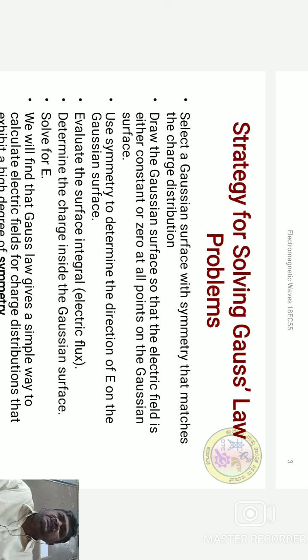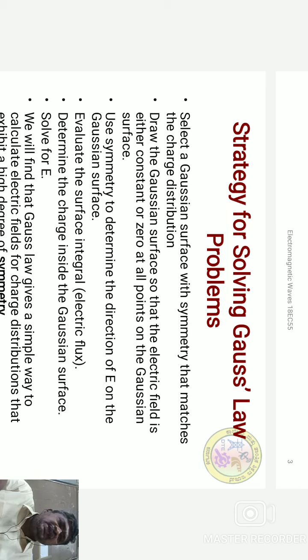To begin with, let us calculate the electric field for a point charge, one of the charge distributions. Now, before calculating this electric field, there are certain strategies, certain steps and rules to apply to calculate the electric field using the Gauss law. To apply Gauss law, we need to consider the important points. They are: the charge has to be enclosed in a surface.